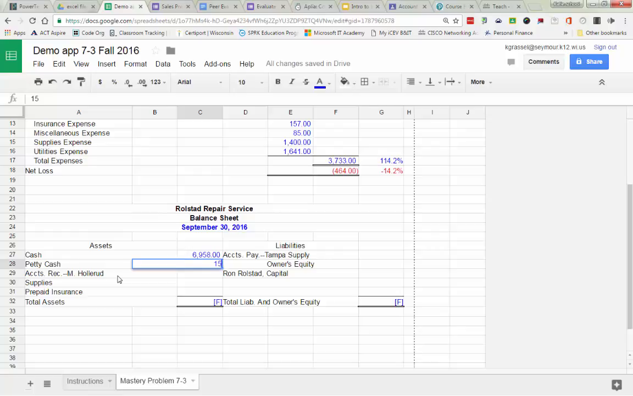Petty cash, I have 150. Accounts receivable, I have 197. Supplies, I have 780. And accounts payable, Tampa Supplies, 800. So again, I'm getting all those numbers from my textbook on page 195, and I'm getting that from the balance